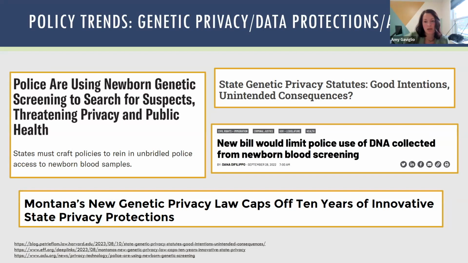So another very hot topic right now, which is a bit similar to the discussion around dried blood spot and data storage and use, are issues around genetic privacy. Molly mentioned this as well, but specifically around data and specimen protections and who has access to them. So many states in the US, I think over 30, I believe, have some sort of genetic privacy legislation that governs both consent processes and disclosure restrictions for genetic and genomic information.